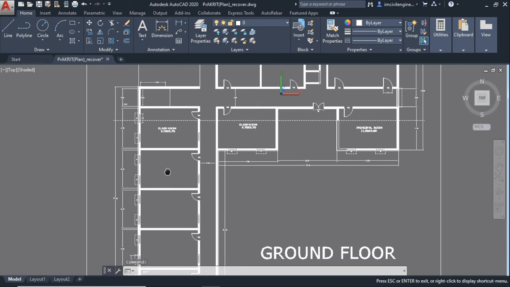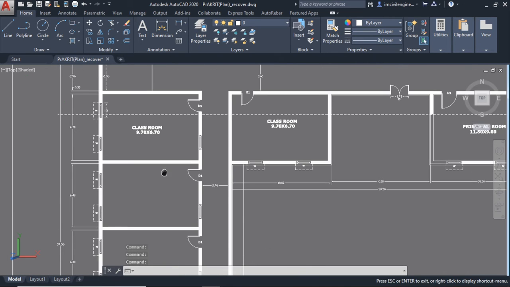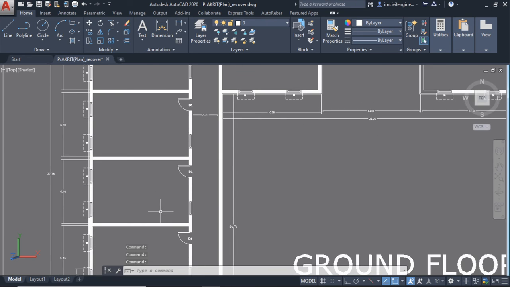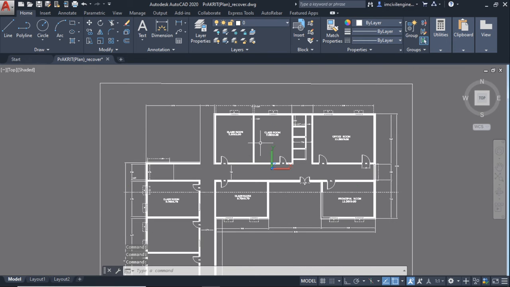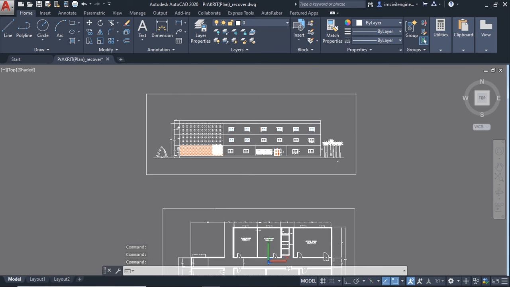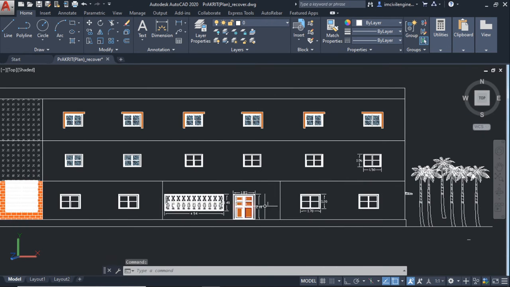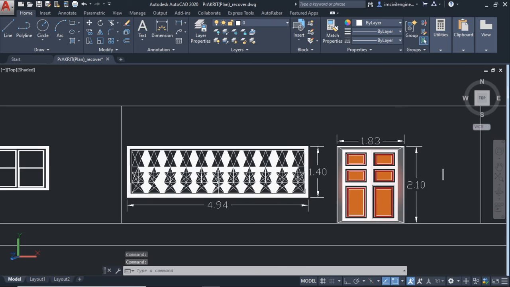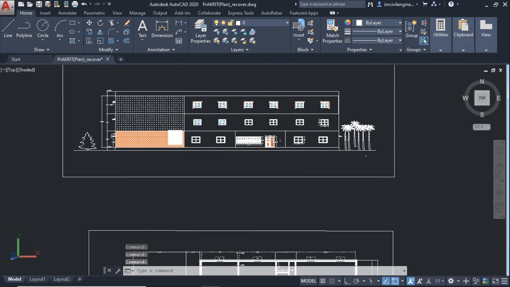Because it will take too much area. See, you can see it's a classroom. It's a veranda. It's a ground floor plan. Then it is an elevation. You have to draw the elevation. You can use your mind and draw the elevation. I have designed it like this. You can see here doors, some designs, and window designs like this. For the classrooms, I applied glass material and all.